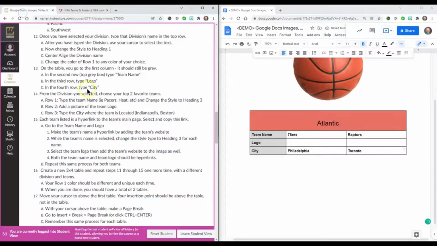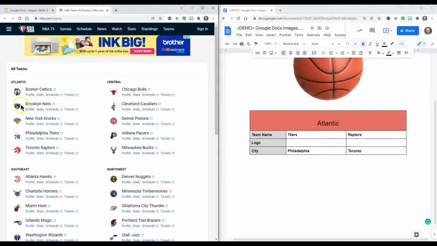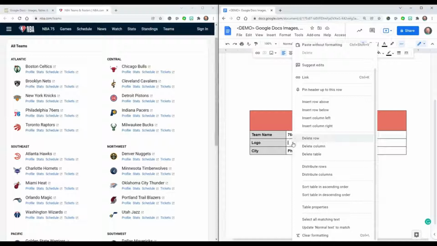Go back over to your directions in Canvas, and from step number 14, we typed the name, and we did letter A and letter C. Now we need to do letter B, add a picture of the team logo. So again, we'll go back over to your NBA website, and then I'm going to choose the 76ers. I'm looking at 76ers. I'm going to tap with 2 fingers on top of it so I can copy that image. And then I'm going to click over here onto my document, again tap with 2 fingers, and I'm going to paste